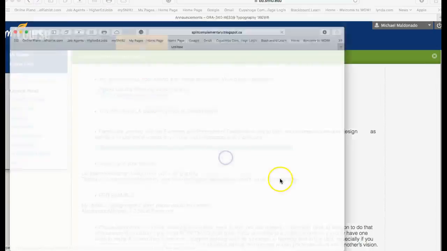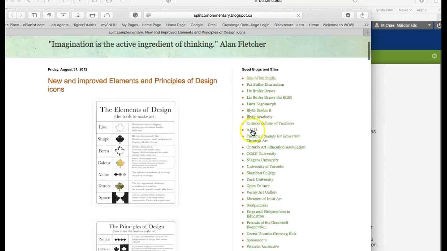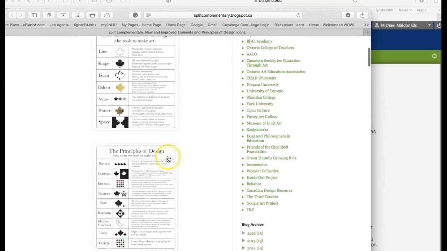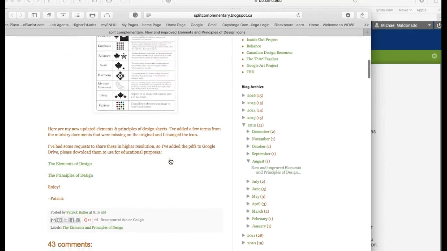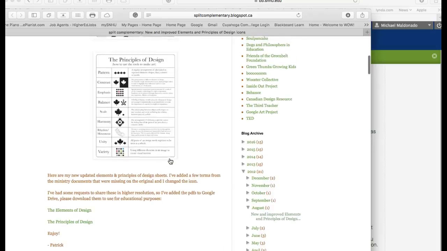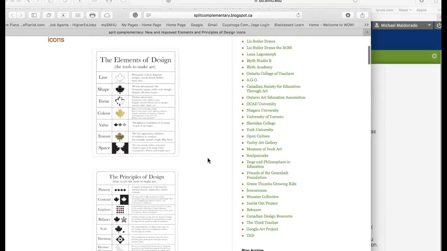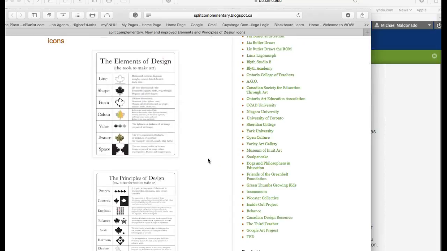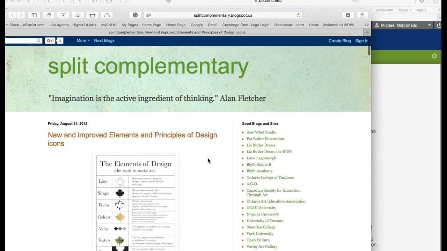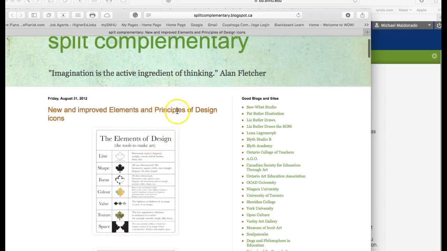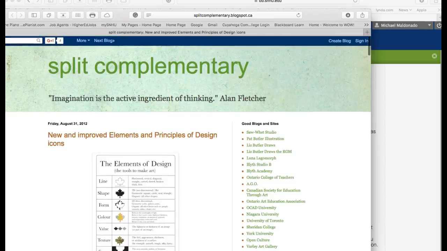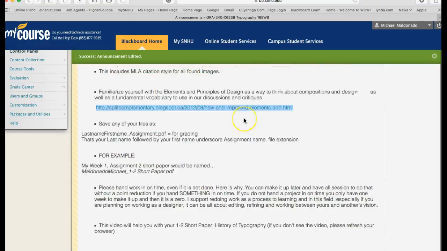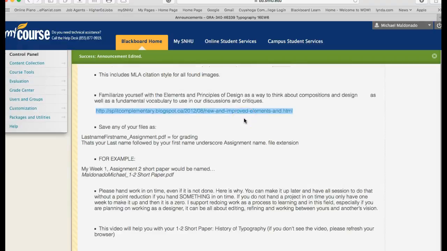I try to keep this open for everyone. Please refer to this. It's such a wonderful list, and elements and principles of design are something that are universal. They don't change. There are some different examples, and some folks have different interpretations. Nonetheless, they don't change. If you take a look at any elements and principles of design list, you'll get a nice idea of what those are, and they're great. It's really good to keep those open and refreshed in your memory when you're doing critiques, especially.